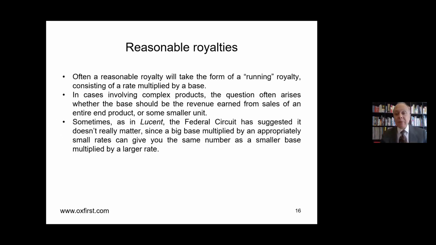Sometimes, as in the Lucent decision I just referred to, the Federal Circuit has suggested that it doesn't really matter all that much because, after all, multiplication is commutative. You can multiply a small rate by a large base or a large rate by a small base, and you get the same number. But maybe that's not the right way to think about it,